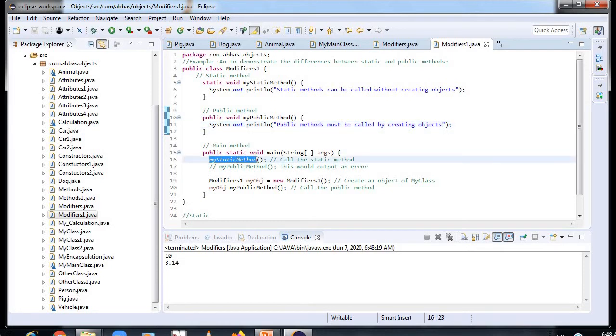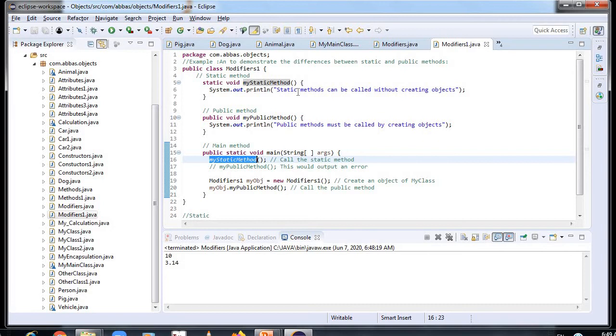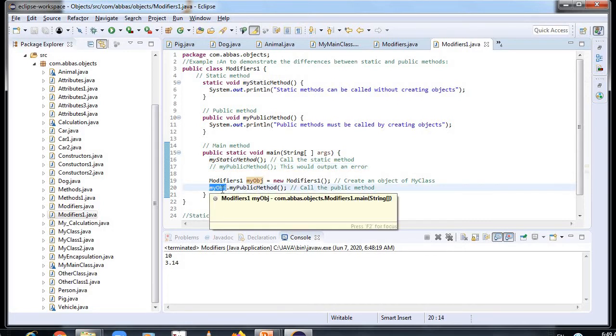So here I have written my static method. Here I am calling the static method, so the output will be printed. A static method can be called without creating an object. But when I try to call the public method, it will give me an error, because it must be called by creating an object. So I need to create an object, and after creating it I call my public method.